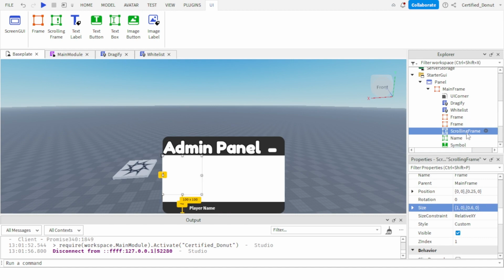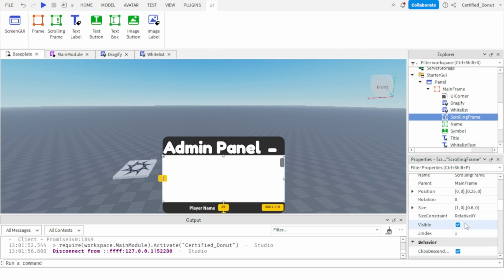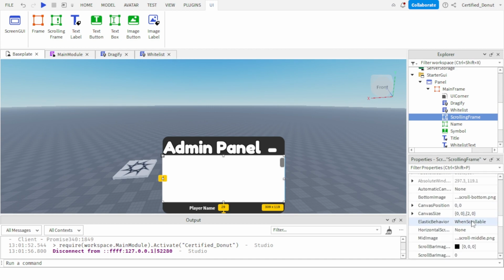Oops, we'll copy that, paste it into that. And you can delete both. And then boom, we have this. And then we would want to change this automatic canvas size to none, one scrollable,